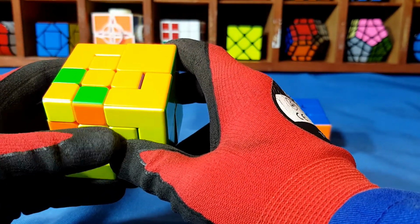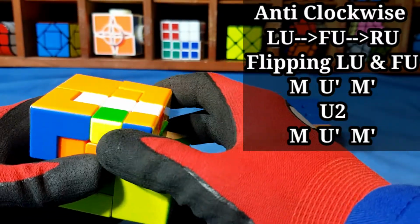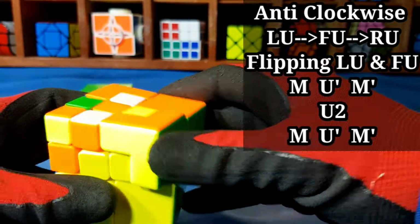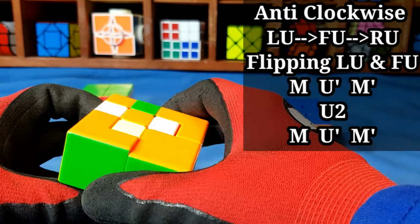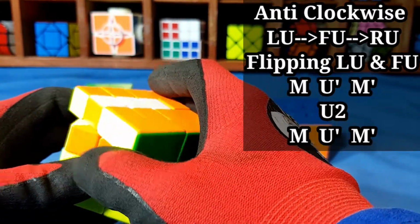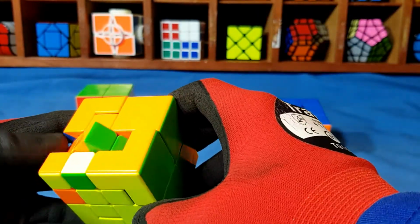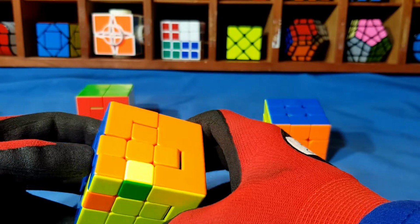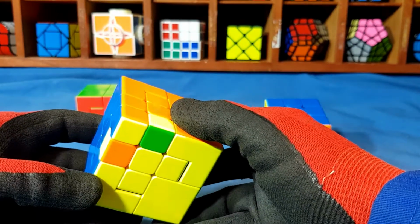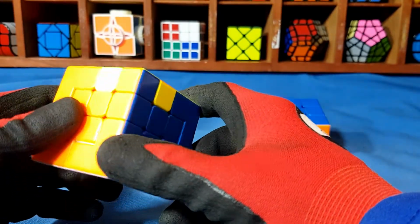And it is, yeah, M, U inverse, M inverse, U2, a little bit stiff there, M, U inverse, M inverse. There we go. And those two oranges now, that orange and green is flipped, and that orange and blue moved across without flipping, so they're both correct. Ideal. So one move left to do, and that's going to be